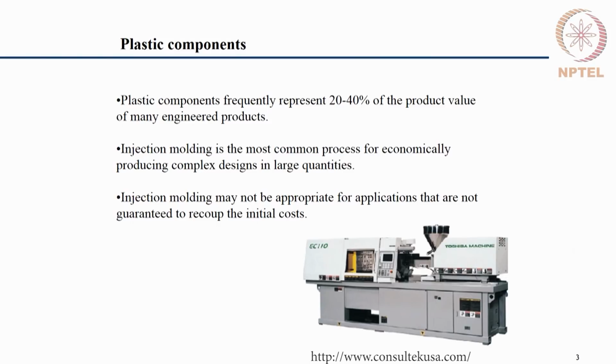So, plastic components are majorly used in most domains. About 50 to 60 percent of the components used in various sectors, whether it be automotive or biomedical or household appliances, are made from plastics. As plastic materials are used extensively, the manufacturability and the cost of the product is significantly affected by the manufacturability and the processing of the plastics.